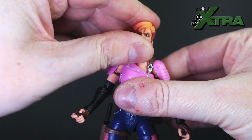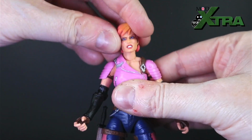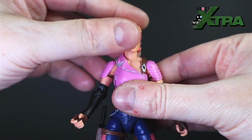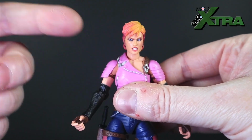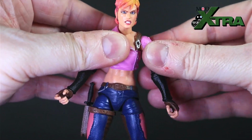Oh, I've nearly pulled a wig off there. Let's try that again. Good up, good down, left and right, all the way round, got tilt on it. You know, it's the ball joint and the hinges, the standard experience there, which is great. The shoulders have got a butterfly joint in them, which gives a nice bit of shuffle, which helps with the